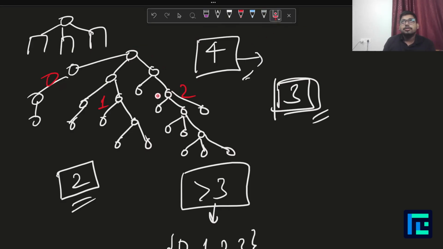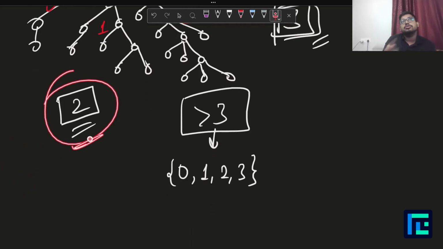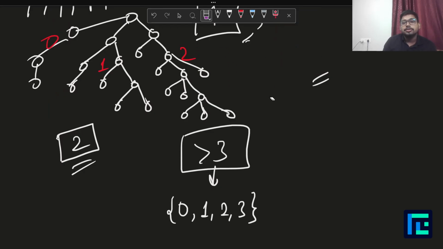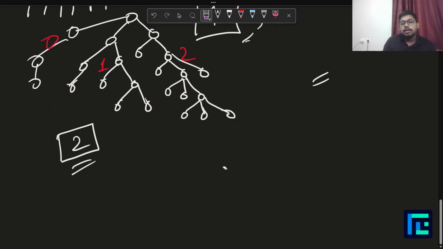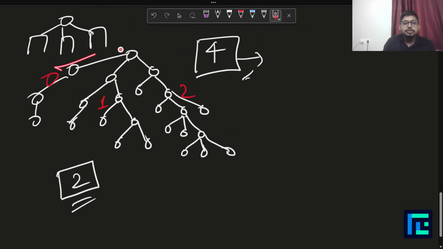So you would never have a MEX value of 3, because in order to have a MEX value of 3, all the 3 should come. So here your largest MEX is reduced to 2. Here I was talking about 3, but you can actually reduce it to 2. The only condition here is, in order to reduce it to 2, you should have one such node which has